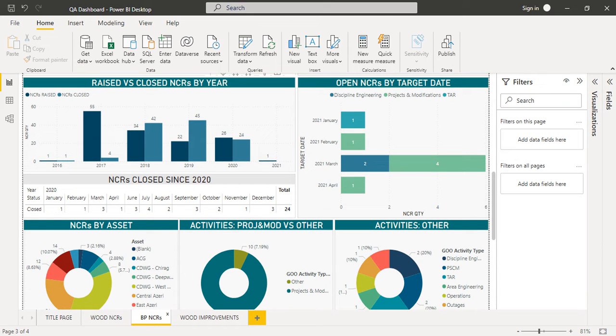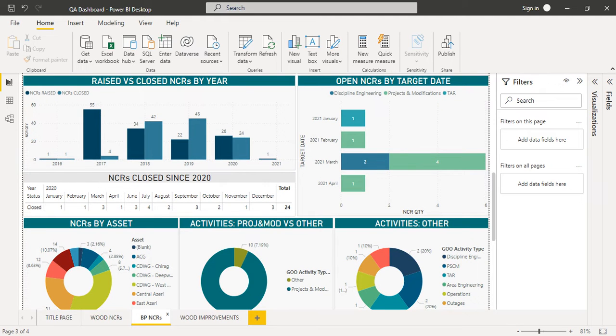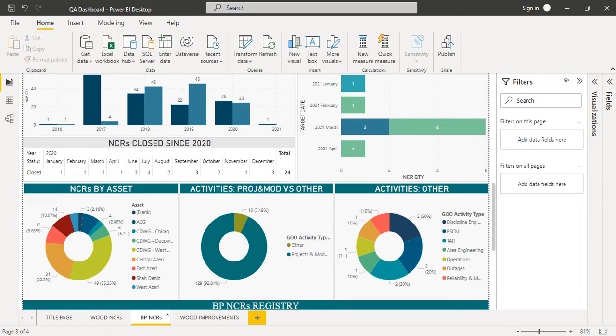Raised versus closed NCRs by years is represented here. Open NCRs by target date are represented here. So, statistics for active NCRs, open NCRs. Then we have NCR closures since 2020, and NCRs by asset, activities, project and modification versus others, and activities others are shown on this donut